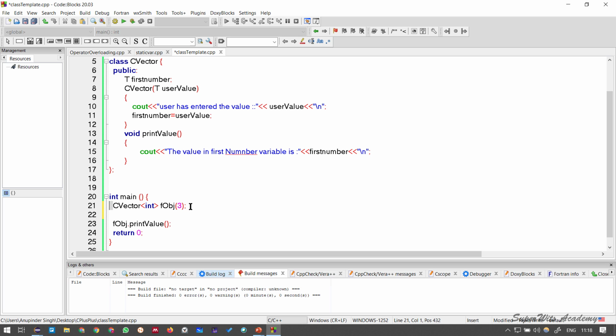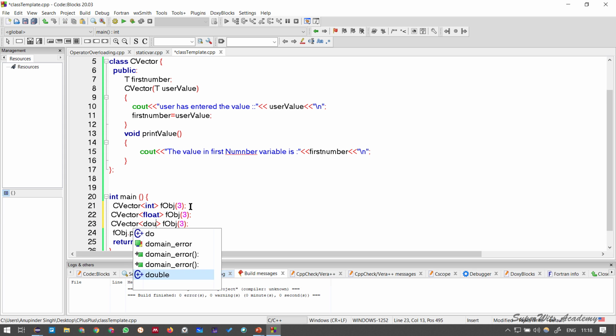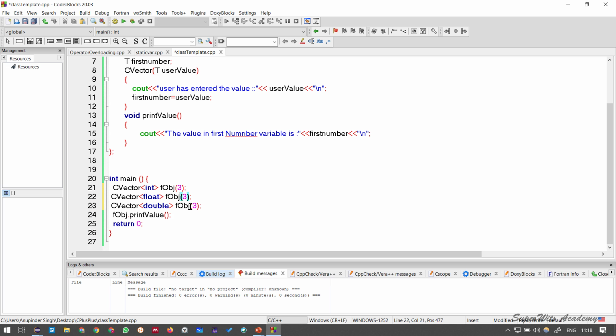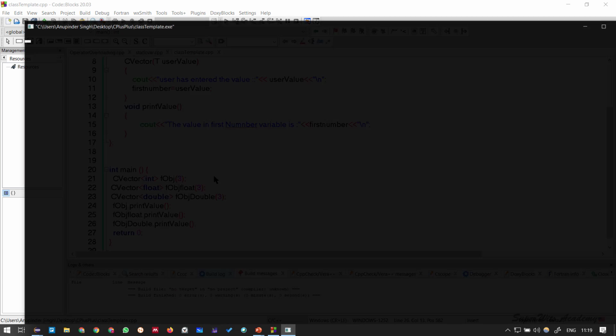Now the same thing can be done for another object. So I can have this particular object as a float, so I can simply use it as a float. I can use it as a double, right? I can use it as a double by specifying simply this. Okay, so the same foo object, let's say float, foo object, let's say double. So this is how you can go and do the printing by calling their respective float object and double object. So if I go and execute this program for you, you can simply see that